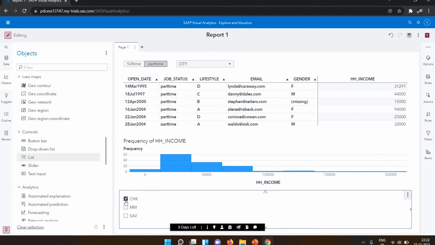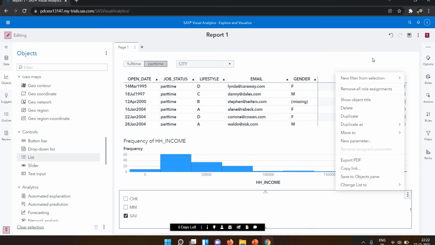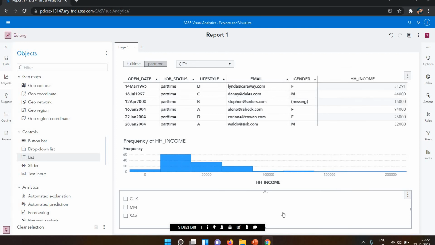Now we have chk. And let's suppose I'm looking for the saving account, so they will be shown only for the saving one.